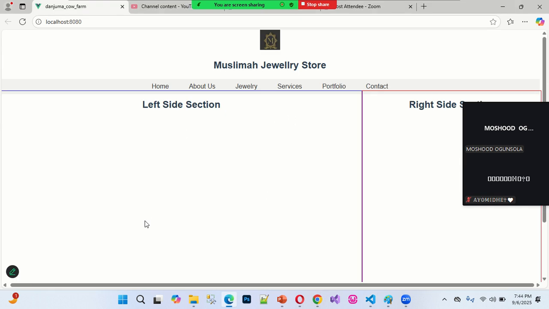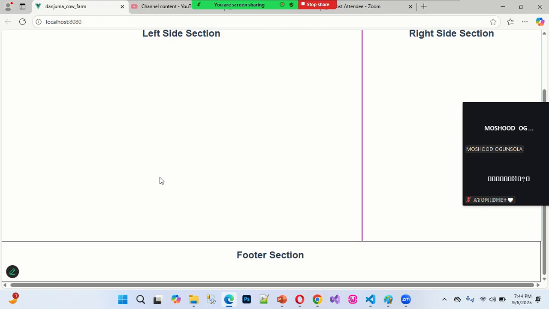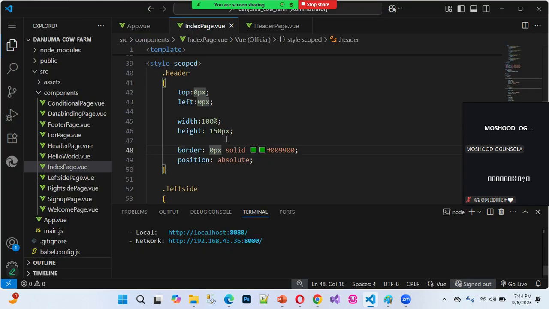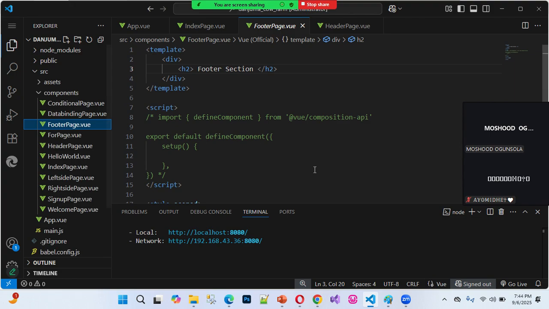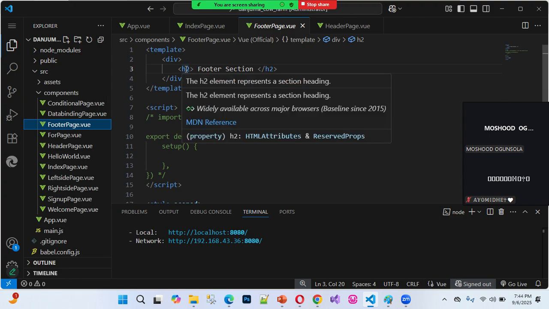The next one will now move to the left side. What information will display on the left side and the right side? So let me first modify the content footer section too. So I can return back to the footer here. This is a component for footer here now. Okay, I can add some information to it, and this is going to be